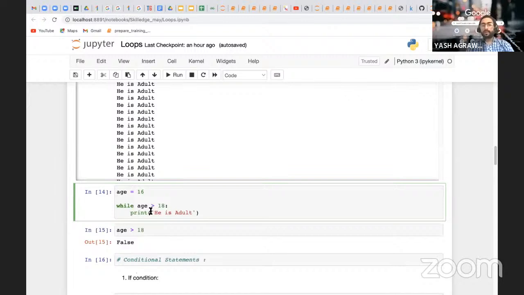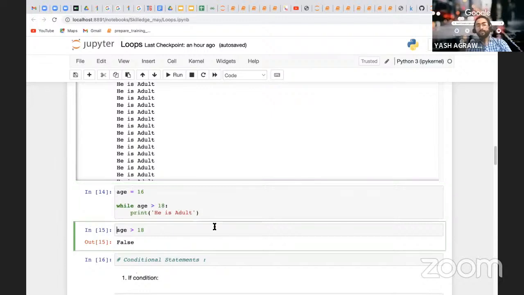Right? Here it is not satisfying the condition and we are getting false. So this condition will not even start. So what is the implementation of this while loop? Where do we use this while loop? You use this while loop where we need continuous pinging. Like you are on Facebook, there is no one sitting to transfer your message, right? So there is your while loop. Whenever you ping in, at that time the message gets delivered. That happens with the help of a while loop that is continuously running.